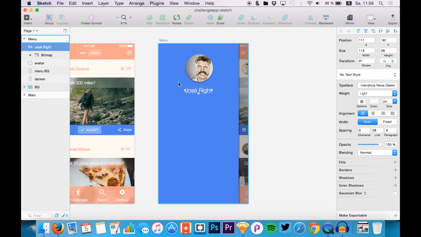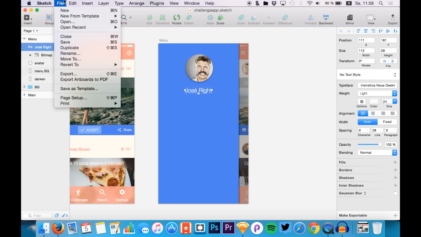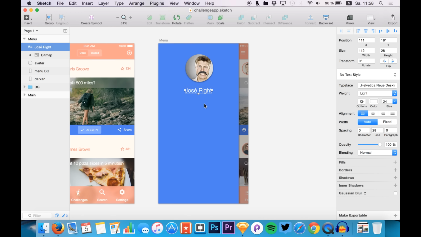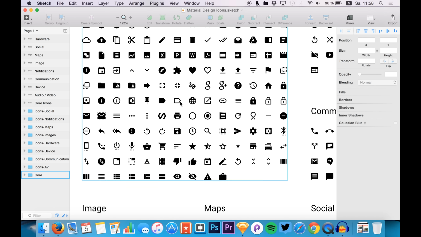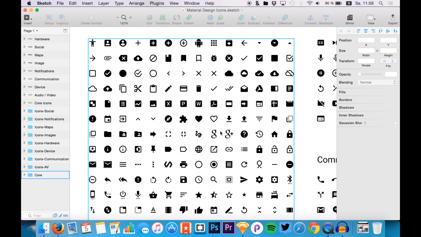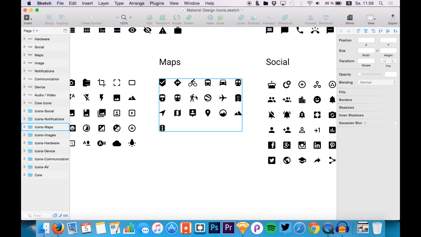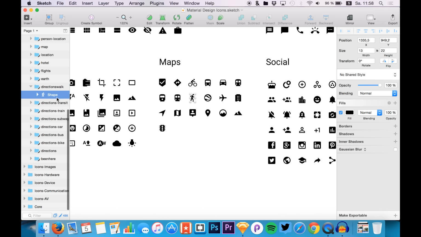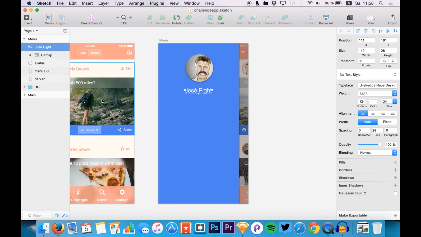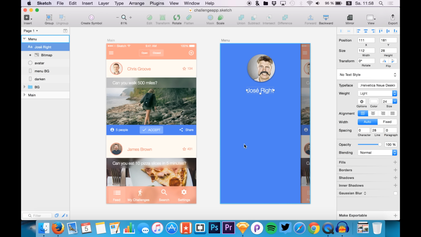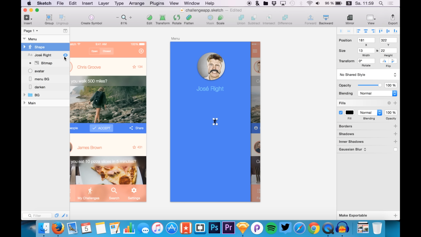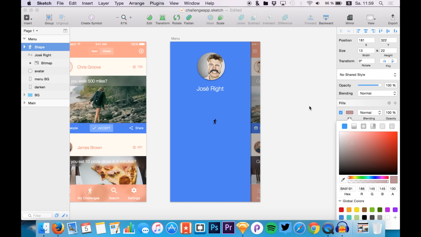So the next thing that we will do is to open our material design icons. These will be also linked in the description. And here we want to display how many challenges we already participated in or successfully did. So I just take this icon that I already used in the design in this screen right here for my challenges. Let's just paste it, make it white,